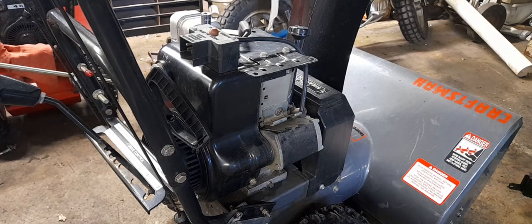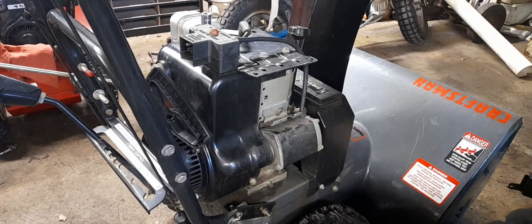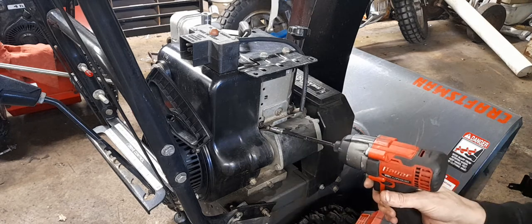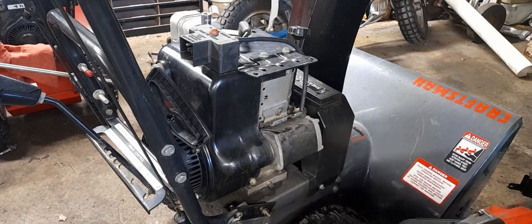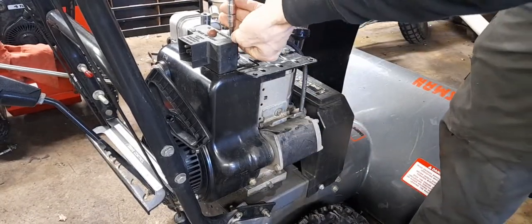Okay, this particular fuel line sucks, in my opinion. So this is where power tools become your best friend. You have to replace this fuel line that belongs in here. You have to remove this recoil cover. So start by removing your electric start